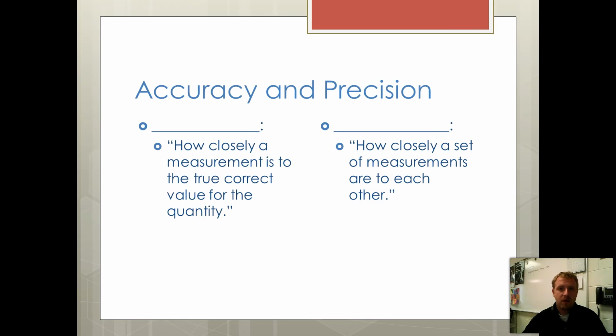All right, you have two things, accuracy and precision. Okay, accuracy is how closely a measurement is to the true correct value of the quantity. What that means is if I have a correct value, how close my measurement comes to that is how accurate it is. And we can actually analyze that using a percent. We didn't necessarily do that today in class, but it is possible. All right, so for instance,